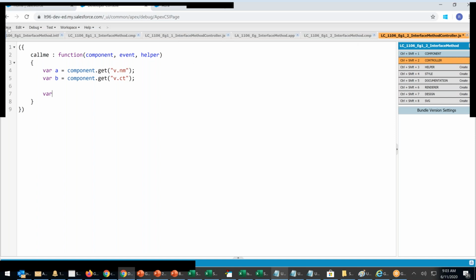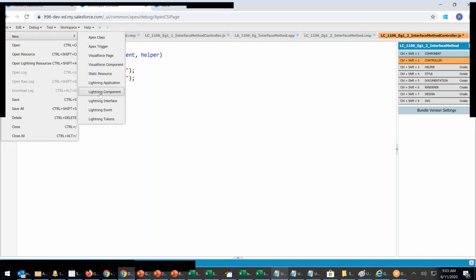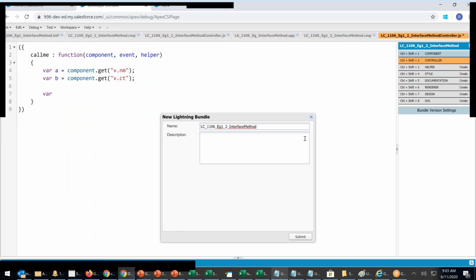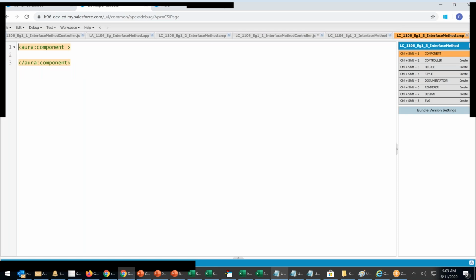So I'm just stopping the code here. New lightning component. I'm creating one more, submit. Close it. Here I will just display.